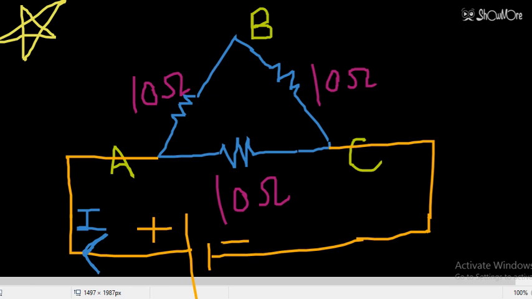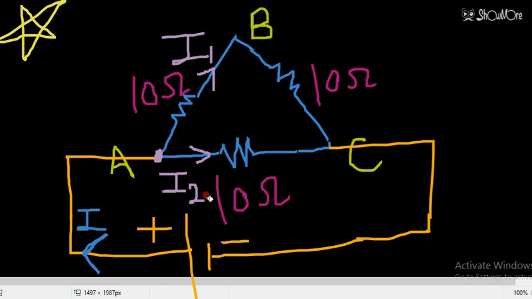You can see here that current I is coming from this side. From this point onwards, current will be divided into two parts. As I said, whenever the current is divided, that combination will be parallel. So let's suppose I1 current is flowing in the upper branch and I2 current is flowing in the lower branch.